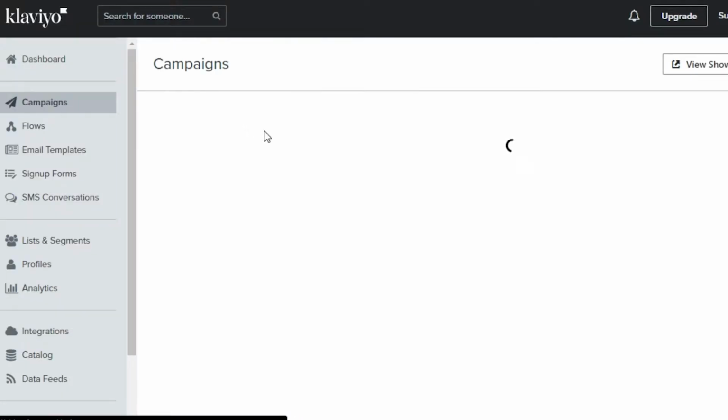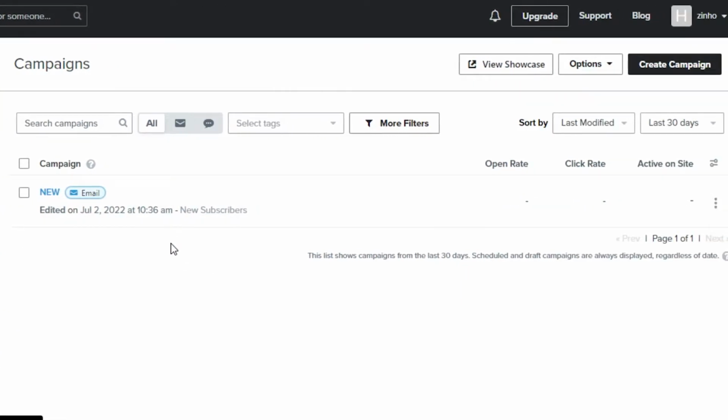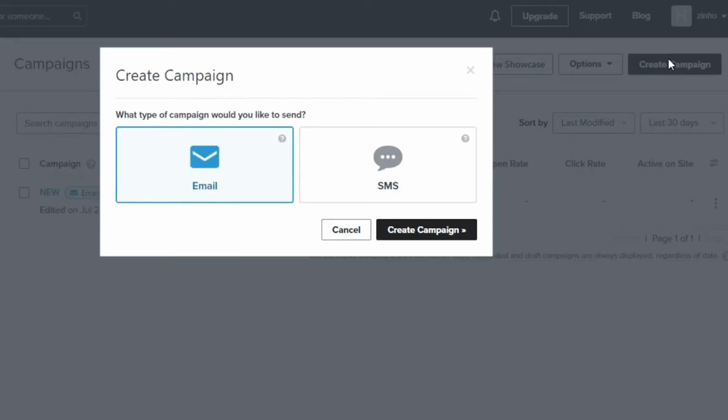So here you can see I will be able to check my previous campaigns that I have created, and then we have a new campaign option here. So I will click on create campaign. So now we have two options. We have email and SMS. So today we're going to be creating an email campaign. So I'm just going to select email, click on create campaign, and it will take me to my overview and